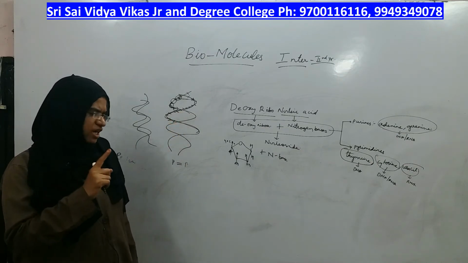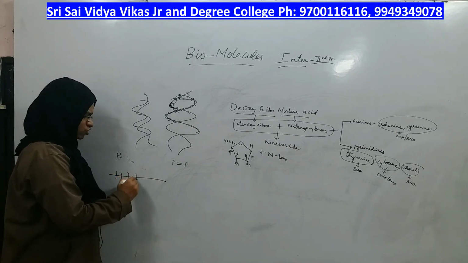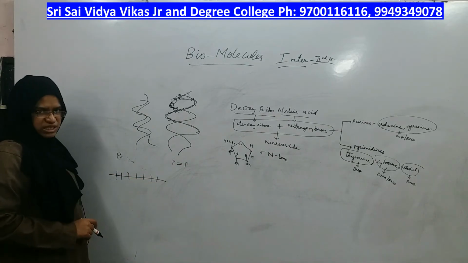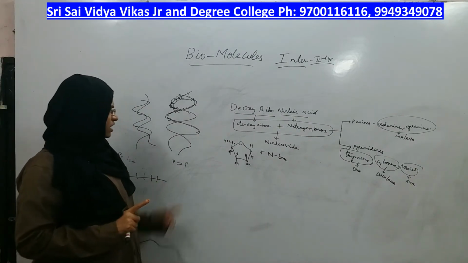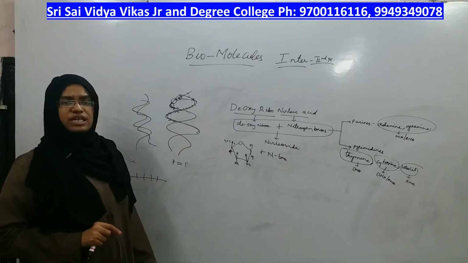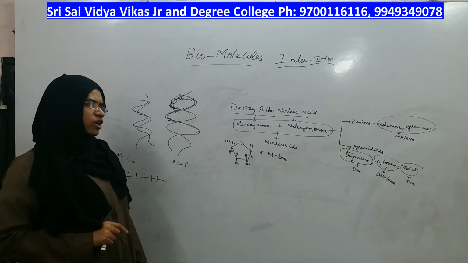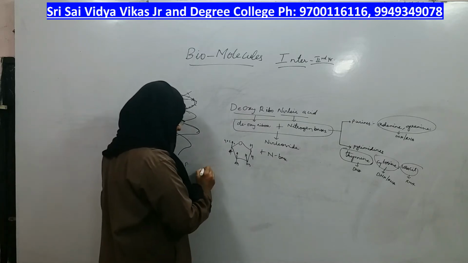But while explaining the structure, what did I say? In each strand, just like a chain of protein, in protein what do you have? So many amino acids are present in a single chain of protein. The same way, in a single strand of DNA, there are so many nucleotides present, right? What does it mean by nucleotide?